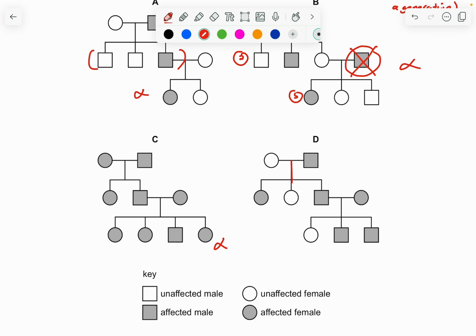D, you can see that it's linking, both got, and then it continues. So this one can be a probable good answer, but also we have to check that every generation also has it. Okay, so this is already pretty much suitable. 1, 2, 3, 4. 1, 2. Okay, so